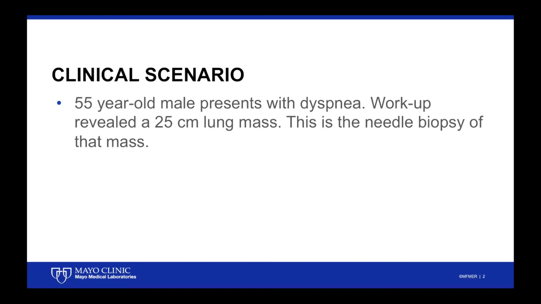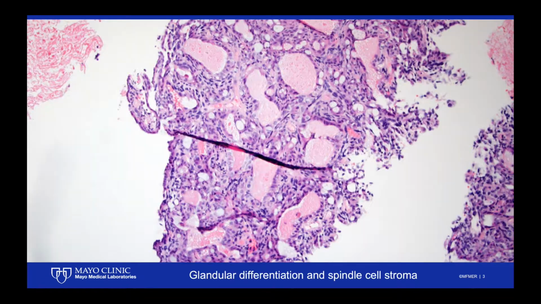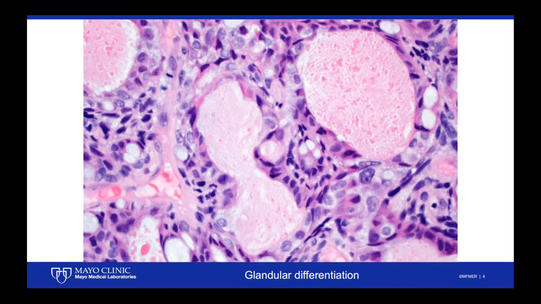55-year-old male presenting with dyspnea. There was a 25 centimeter lung mass, and this is the needle biopsy of that mass. So this part of the needle shows a glandular lesion. If you look between the glands, though, there are some bland spindled cells, and it looks like the spindle cell